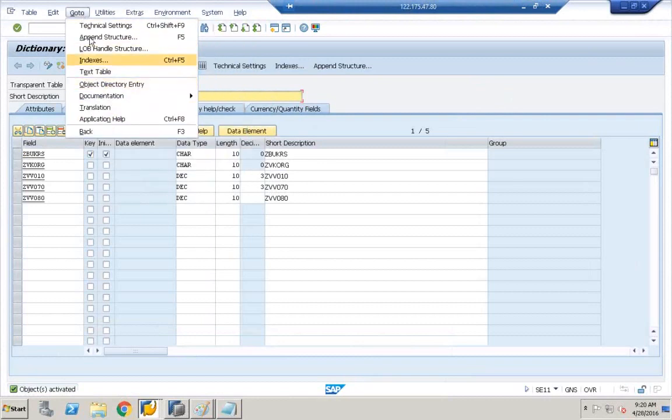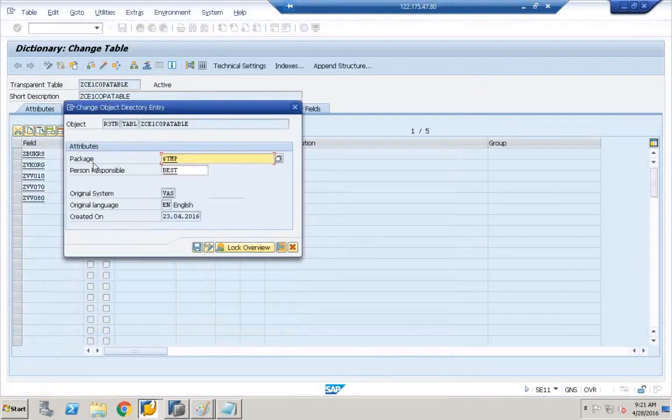So you can go to the object directory entry in the table. Usually an SLT consultant will not modify tables and is not responsible for assigning tables to a transport request. Now if it is a Z table, this will be taken care of by the ABAPer. Usually the HANA consultant does not get involved in this activity. So when you click on object directory, the current package now is $TMP. It is assigned to the local package. So later when you transport them using SE10 or SE09,